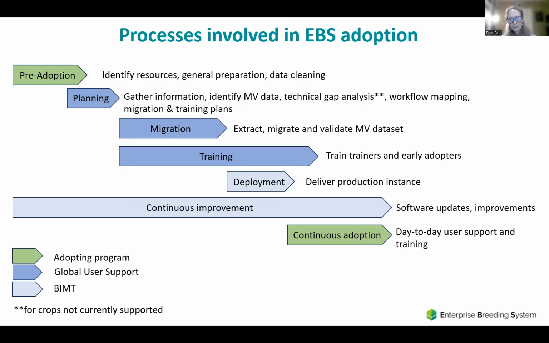So as your program goes through all your workflows and starts using the system, if you have suggestions for improvements or new requirements, they get entered through our support desk and passed on to the software team for review and planning for implementation. Then once the production instance is made available and your key users are trained, the ball is officially rolling and the continued adoption is then managed by the breeding program. Next slide.